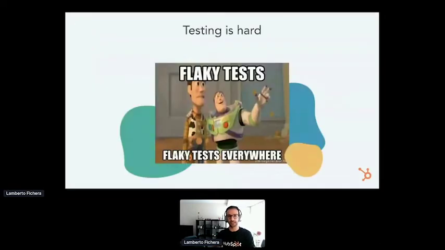Well, the answer might seem simple. Testing is hard. Flaky tests is generally a word that's very well known in this topic. So we might just call off the whole talk and just say, yeah, testing is hard. You need an infra team. But I just wanted to give a little more information on why we did it, what problems we've seen in the past, and how we fix them.